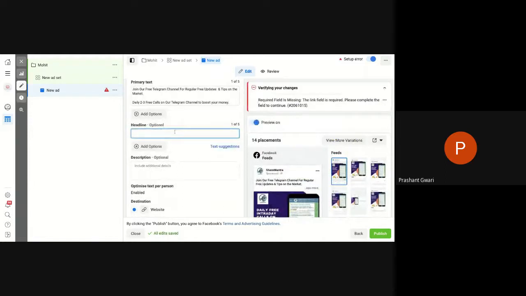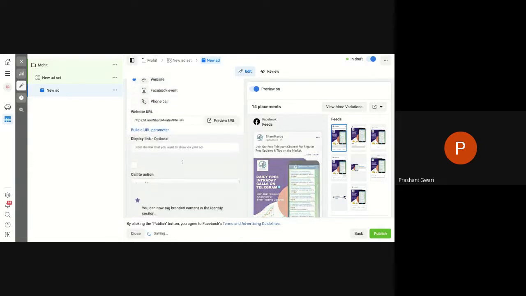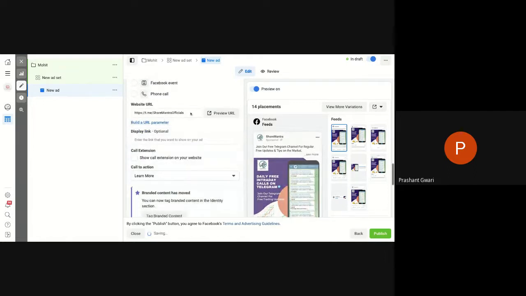I have to write here again: free intraday call Telegram channel like this. So now I have a website URL ready.